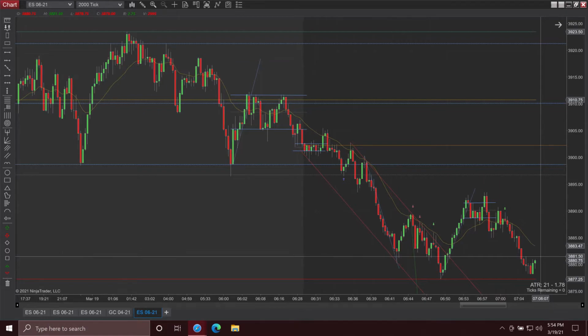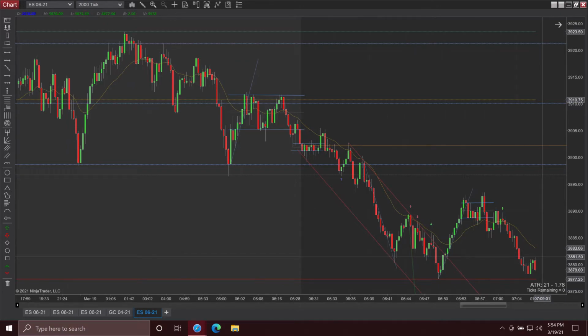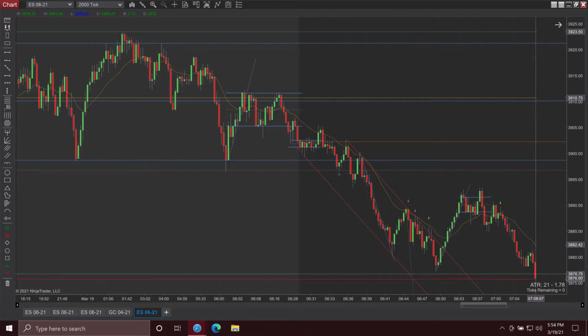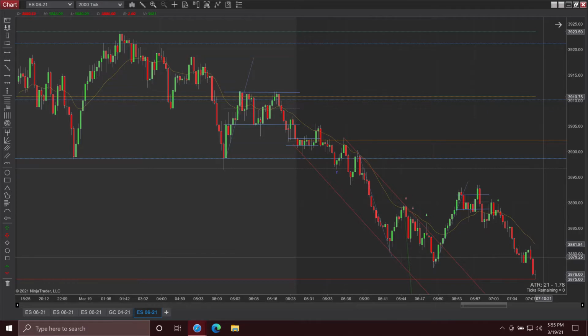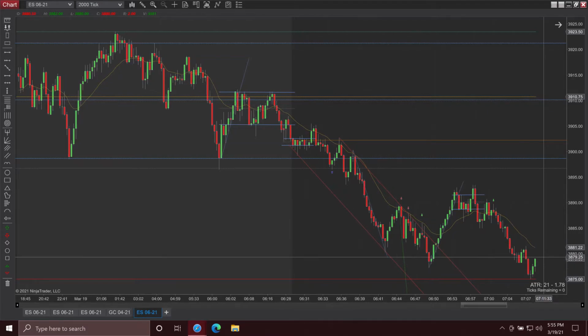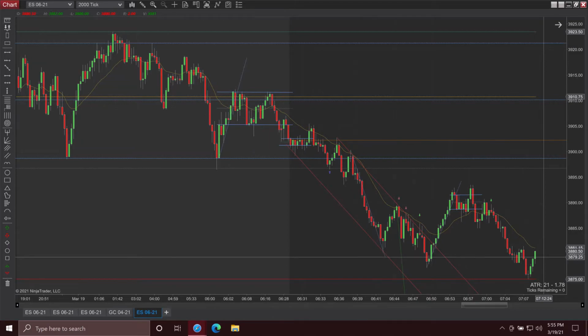You're still not out if you do have a runner. You might think about covering here soon, but either way, if it breaks above here, you'll be stopped out soon anyway. If you have it where it's supposed to go, which is one tick above this swing, you actually have not been stopped out yet. And then you're able to secure a little bit more profit. You would move your stop to about there at this point,